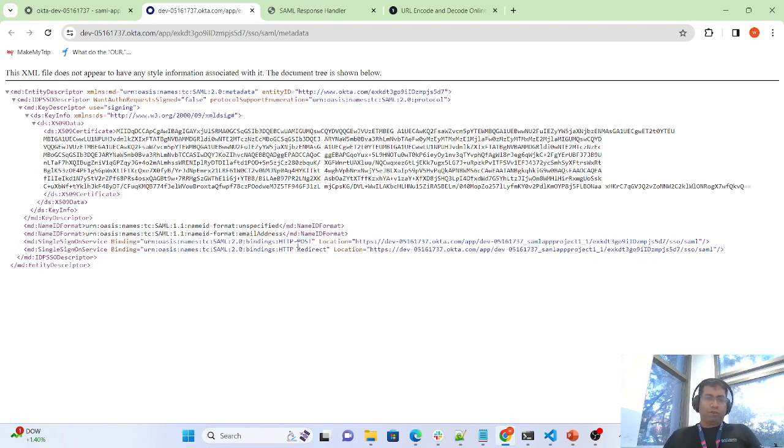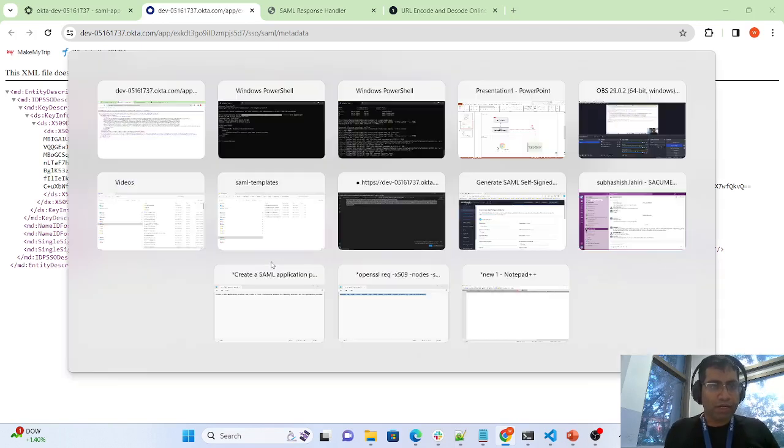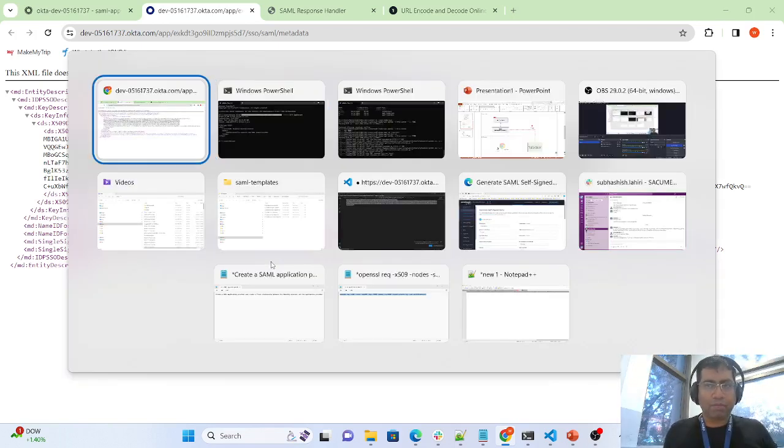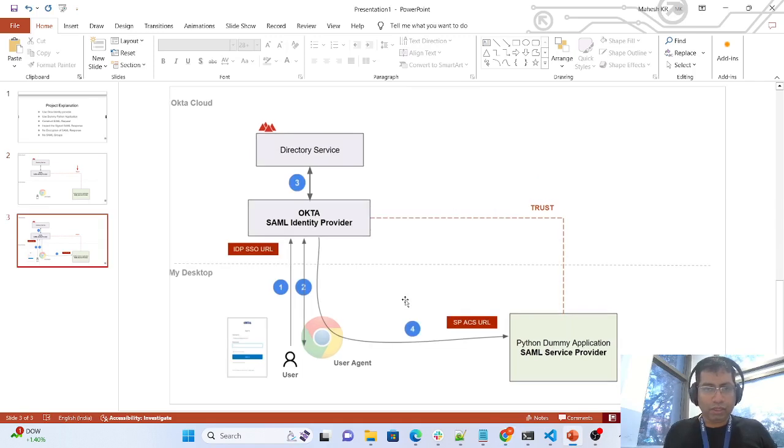SAML has two different ways by which you can send a request to it. One is the HTTP POST method, and the other is the HTTP Redirect method. Now, you may be asking why you need both. Okay, now in addition to this, coming back to the